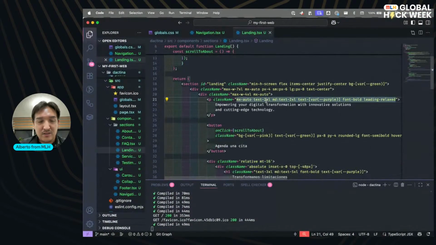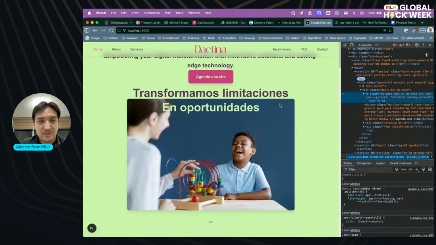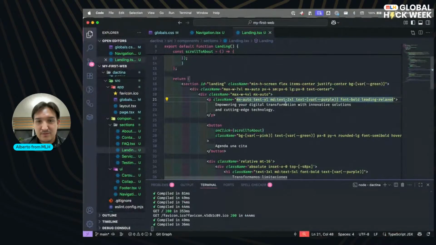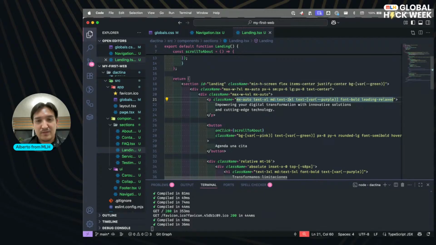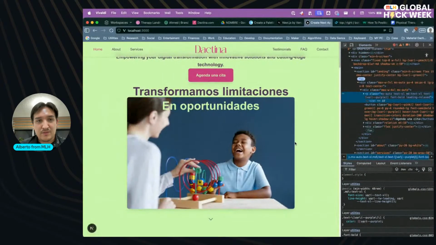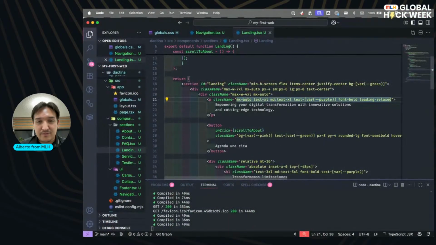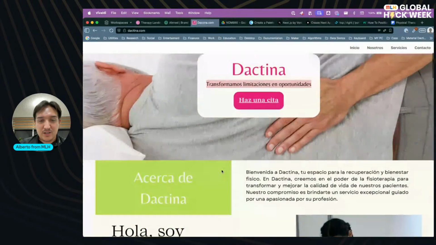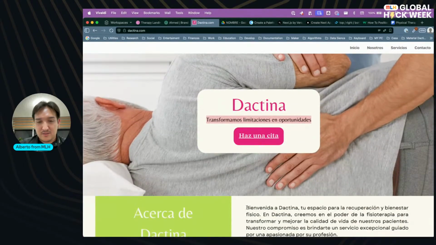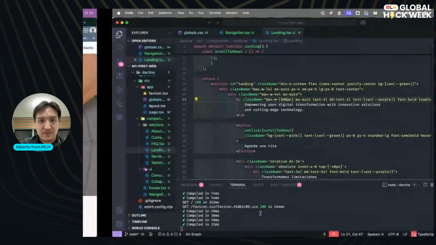Now let's fix this text. And let's change the text of that to this.